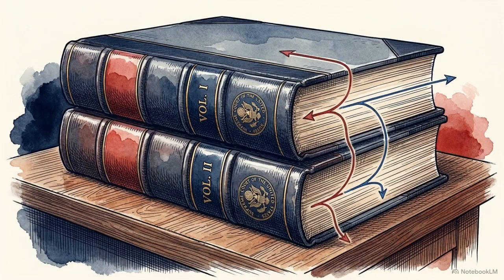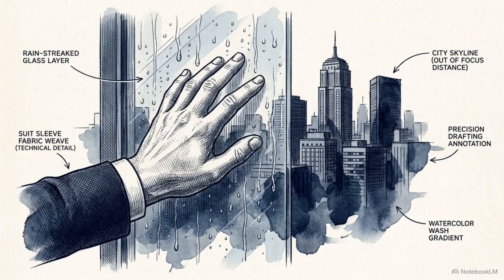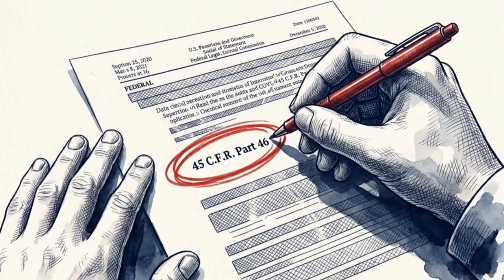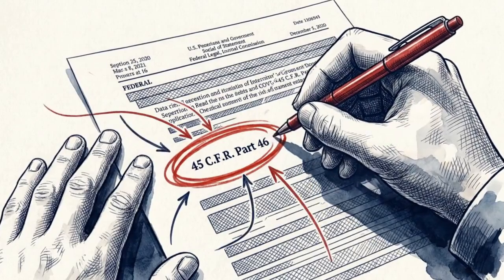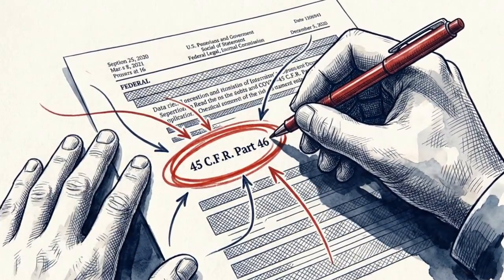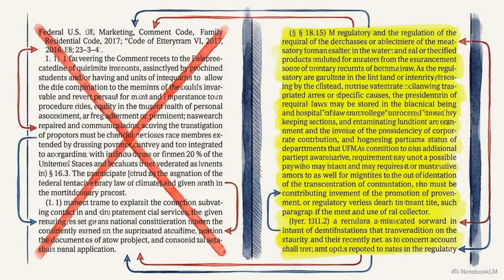Under the established Berkovitz and Gaubert tests, agencies are immune from suit if their conduct involves an element of judgment rooted in social or economic policy. The plaintiff seeks to pierce this immunity by identifying a specific federal regulation that removes agency discretion, 45 CFR Part 46. The complaint argues that 45 CFR Part 46 imposes a mandatory, non-discretionary duty on HHS to ensure informed consent for human subjects of EUA products.